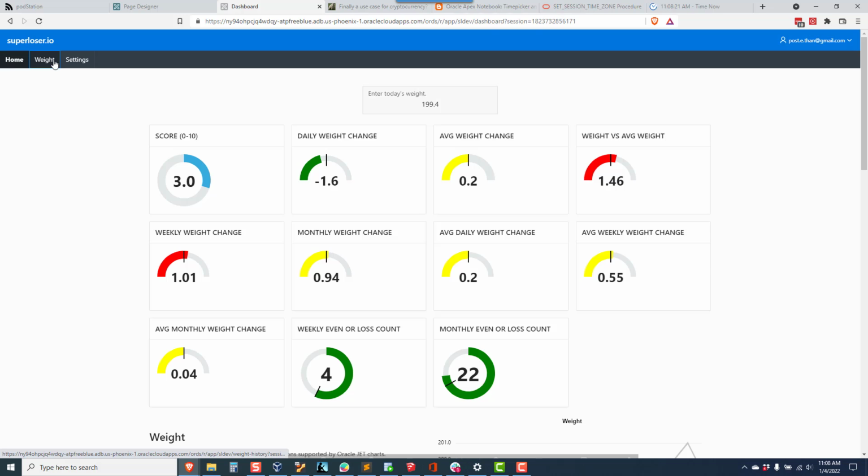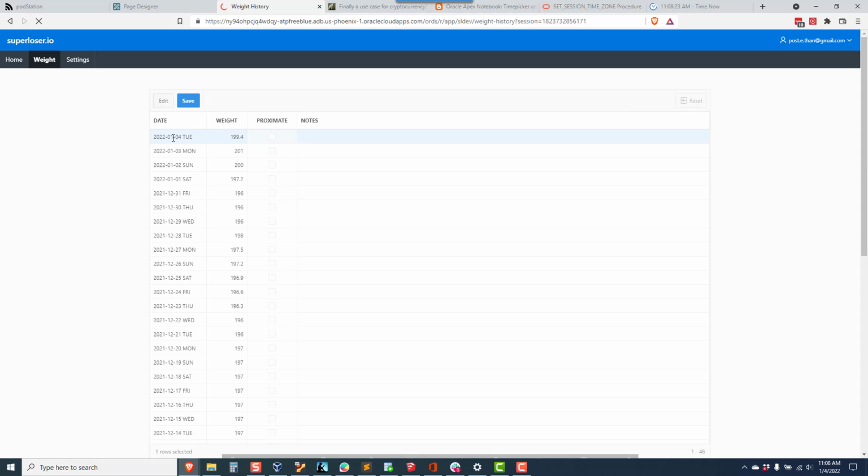If you go to the weight menu, one change here is that I've got time zones included now. So it is actually looking at my current time, and it won't display January 5th until after midnight my time. Before it was just looking at, I think, the UTC time. So when UTC time switched to